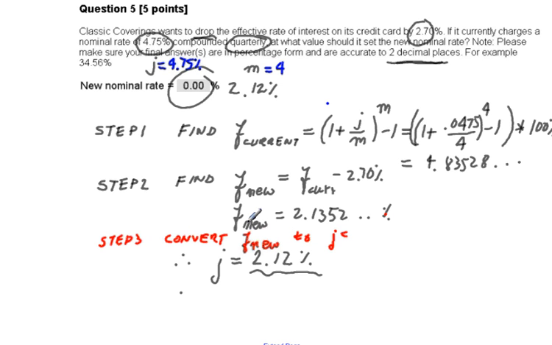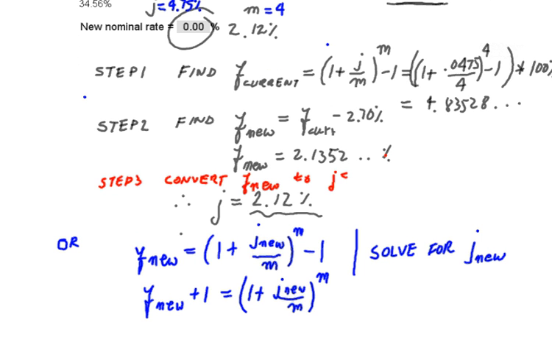And in step 3, we want to convert the new effective rate to the nominal rate, J nu, and that produces our 2.12%. We do that by transforming the regular formula. F nu is equal to (1 plus J nu over M) to the power of M, minus 1, and we want to solve for J nu. So we add 1 to both sides, so we have F nu plus 1 equal to (1 plus J nu over M) to the power of M. Now we exponentiate both sides to the power of 1 over M. So (F nu plus 1) to the power of 1 over M is equal to 1 plus J nu over M. And solving for J nu, we get